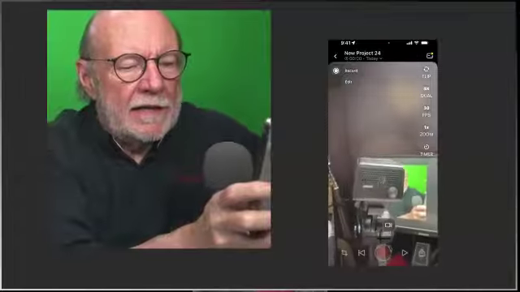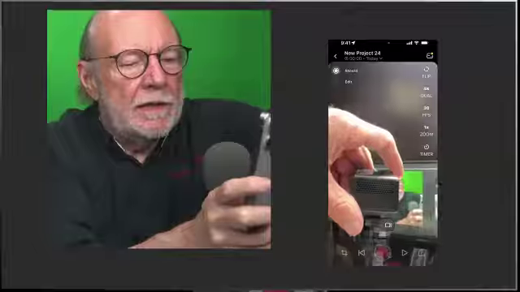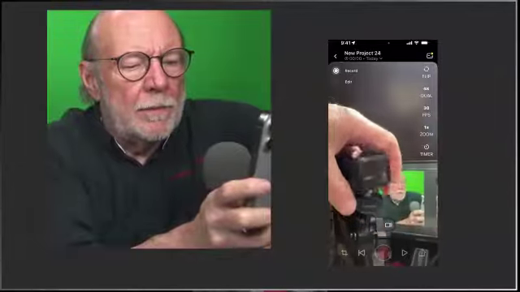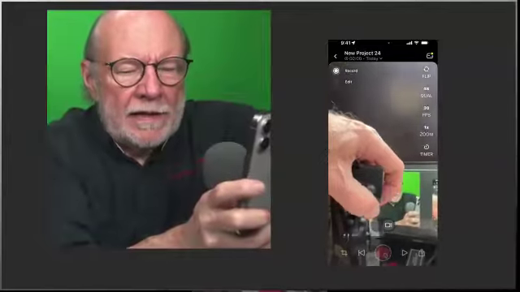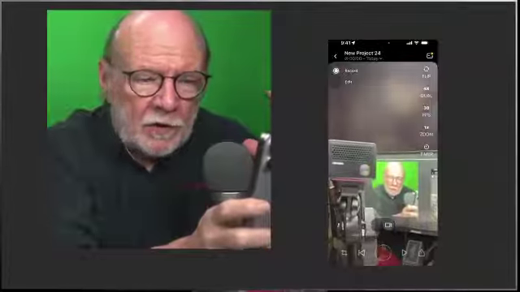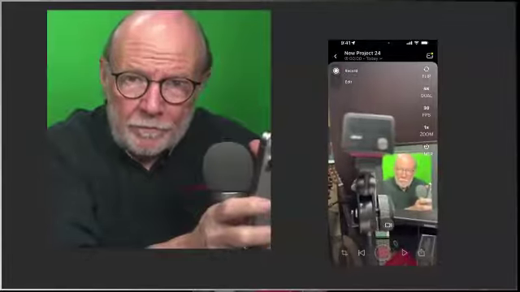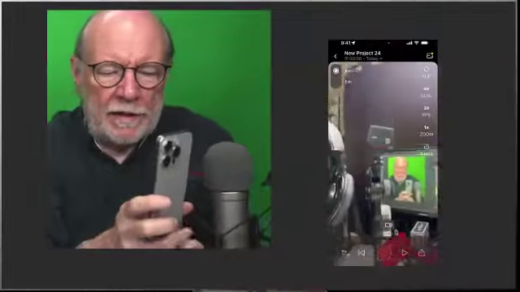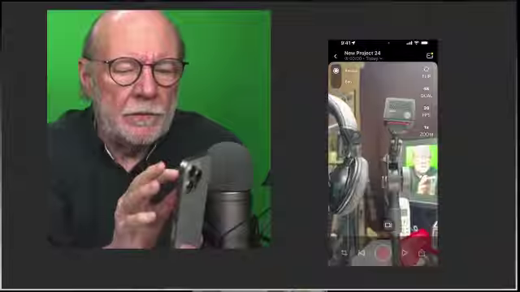Now, the interesting thing about this fancy little microphone is that it's a tiny thing, but it actually has 3 different microphones on it. It has one in the middle and one on each side. And what that does is it captures an incredible field of audio. It really does a great job of being able to balance your audio. And when you bring it into Audigo,